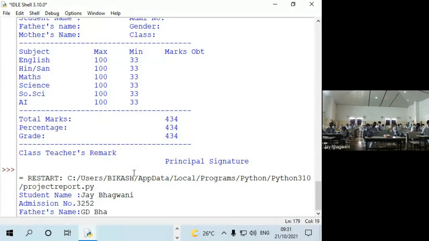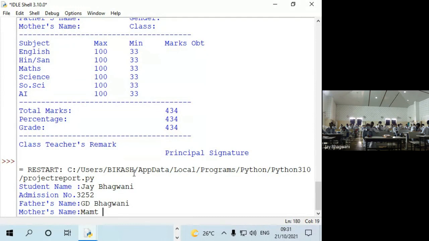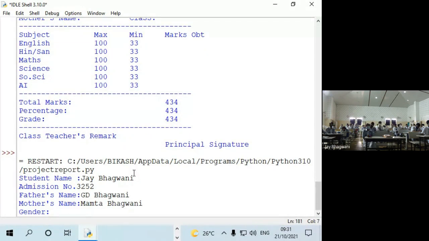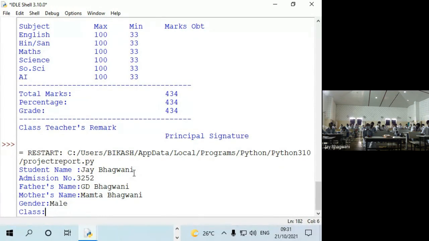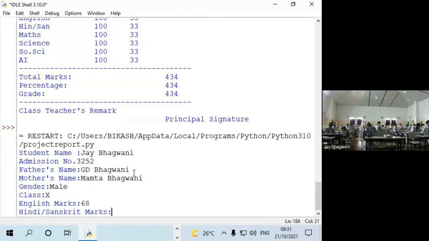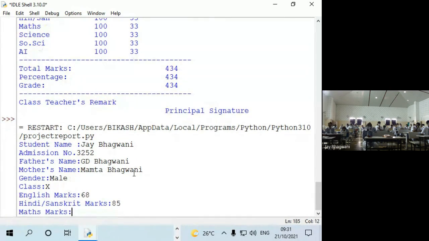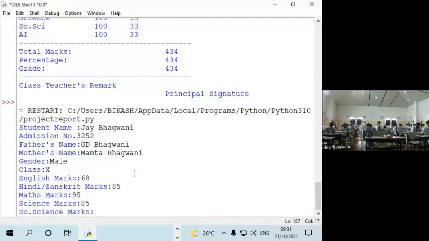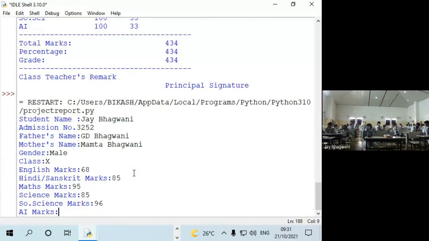Father's name. So all the information you can just give simply. Now English marks, suppose it has 68. Hindi Sanskrit 85, 95, 85, 96.